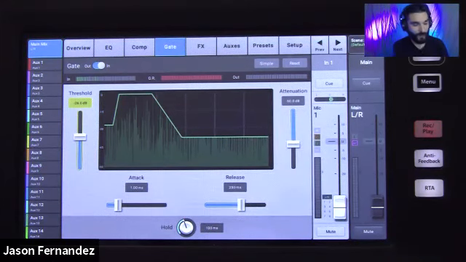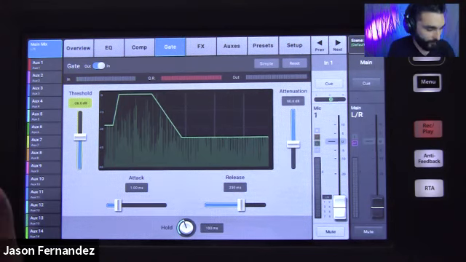It's very, very common to use that on drum microphones and other various microphones on a stage. If you have a large band set up, you've got all kinds of different microphones on the stage. A lot of times, the stage wash and the different instruments will bleed in and out of the other microphones on stage, and you don't want things like that happening. It muddies the mix and it can cause feedback and things like that. So a gate is a very, very nice tool for cleaning that kind of thing up.